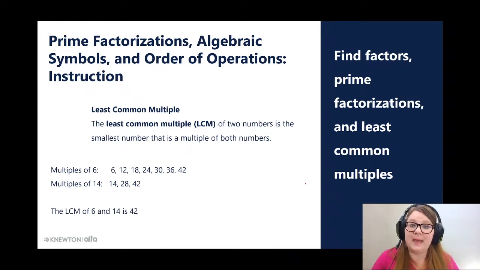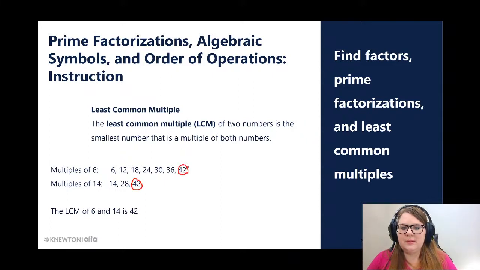common multiple, LCM. So one way we can do that is by listing out all the multiples, well, maybe not all, but many of the multiples of each number and look for the smallest number that appears on both lists. So for example, if I count by sixes, I get 6, 12, 18, 24, 30, 36, 42, etc. All right. If I count out by 14s, I have 14. 14 times 2 is 28. 14 times 3 is 42. And I actually can stop there because I see right away